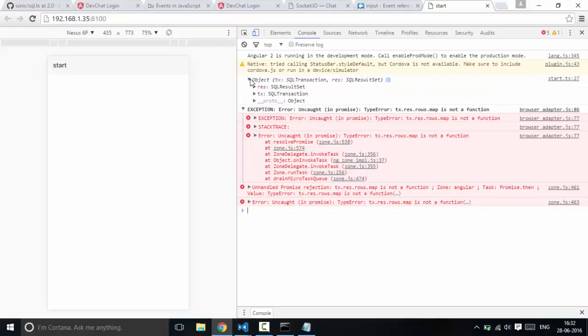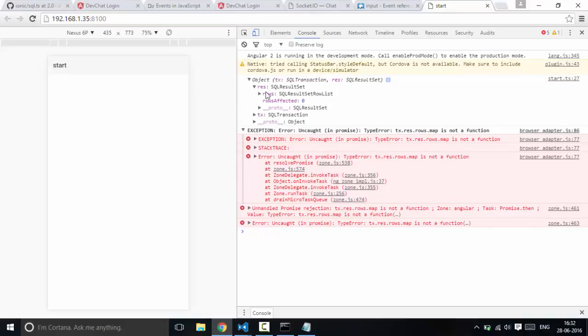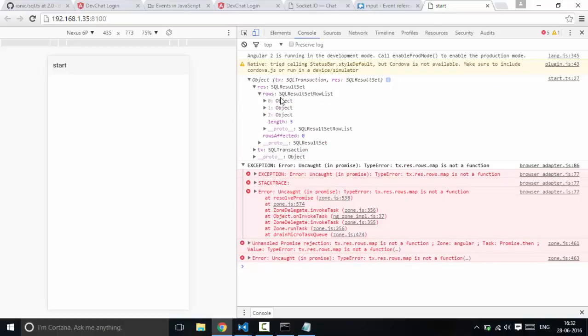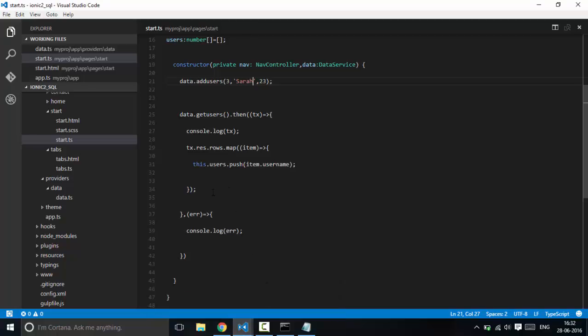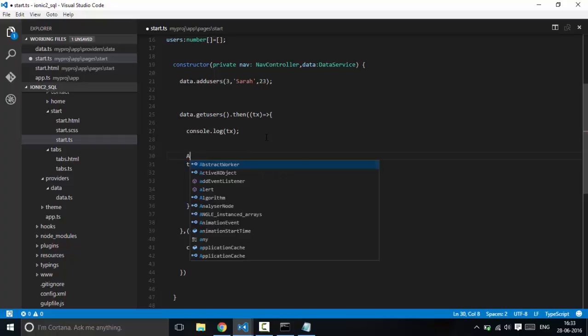Because if you look at the result and rows, you see 0, 1, 2, all these labels, and you also see the length property. So this is definitely an iterable, right? We can iterate over this. So what we can do is, let's just ignore this for now, we can use Array dot